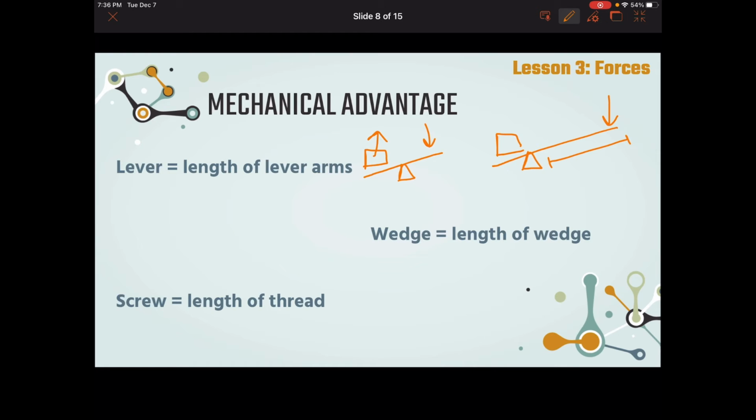And there's all kinds of cool science about the ratio of the lever arms and where the fulcrum, this pivot point, is placed. So if you're interested in that, I would YouTube it or Google it, definitely check it out. For a wedge, let's think about a wedge that might be on a sledgehammer used to split a piece